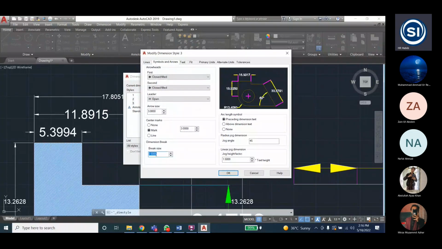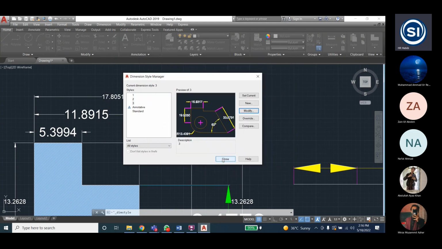then break size. This is dimension break. The dimension break is the size you want to break the dimension. For example, here you can see this dimension break. For example, the size of this dimension you want to make it bigger like this one, more like this. So this dimension break, how to use? Again, this is 0.5. Just for the latest version, who are using the new version, just break size, apply it, for example 2, just apply 2, okay, and okay, close,